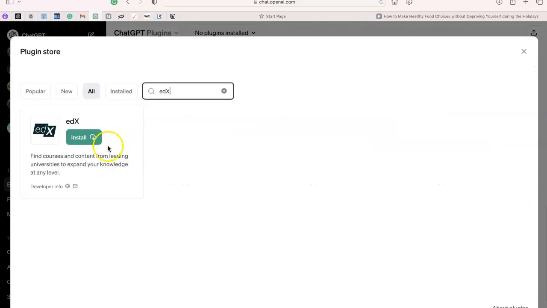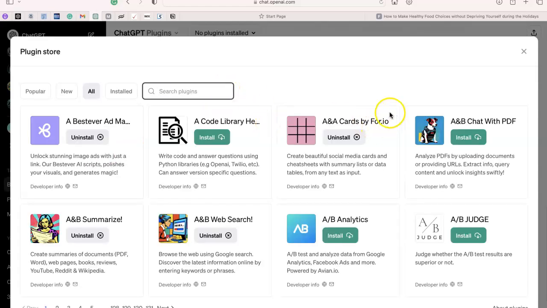Just search. edX helps you find courses and content from universities, and you can expand your knowledge. So you get courses, for example, the financial advisor will be able to get lots of courses from leading universities. So feel free to ask more questions in the group, or